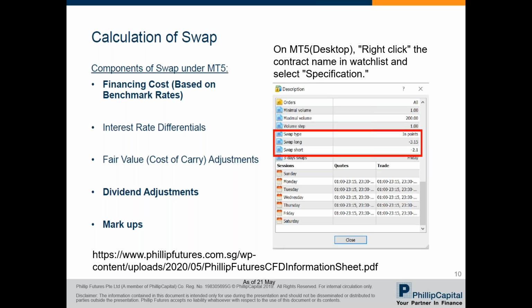Besides swaps, there are also certain risks to note for CFDs. One of which is liquidity risk and the risk of trading suspension. CFDs are not traded on the exchange, but traded over the counter (OTC), which is subject to the availability of buy and sell prices and volume. CFD traders may sometimes experience insufficient depth of market liquidity and a wide bid-offer spread when the underlying markets are experiencing volatility.